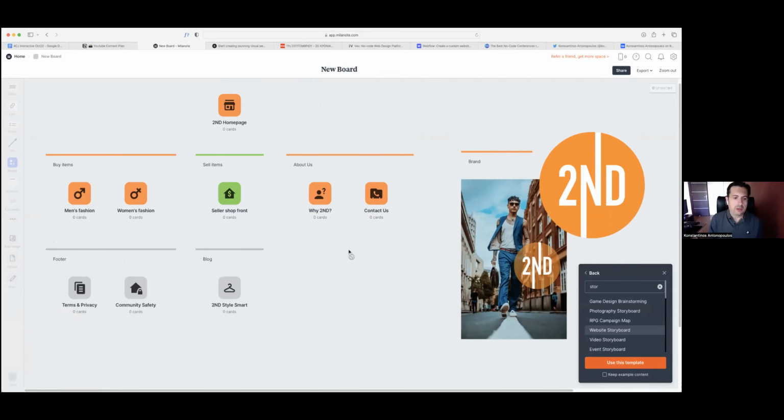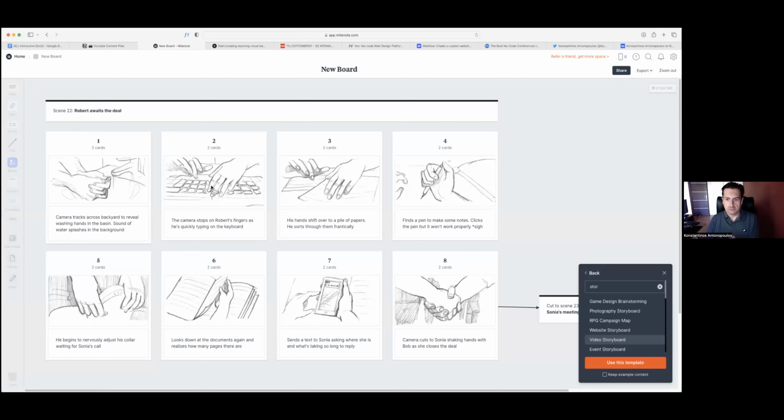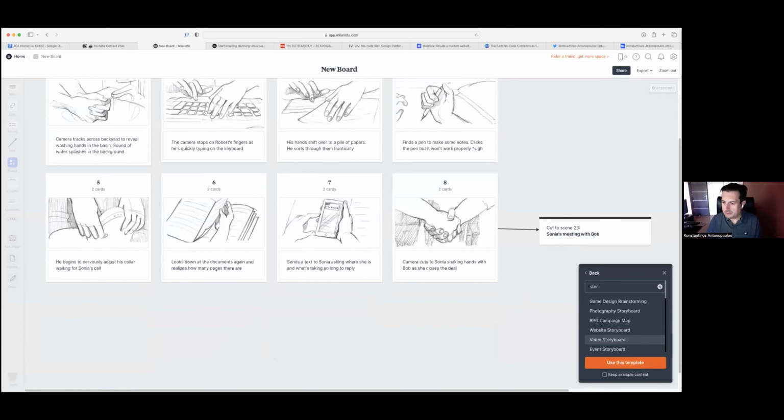So what I like to do is start putting the story into a design format in front of me so that I can see how the story lays out. And let's see, like a video storyboard. This is a video storyboard of a story on video, going through a scene of 8 shots. And